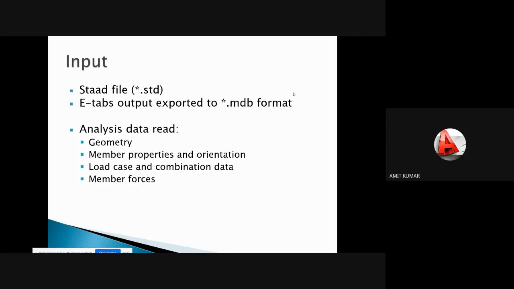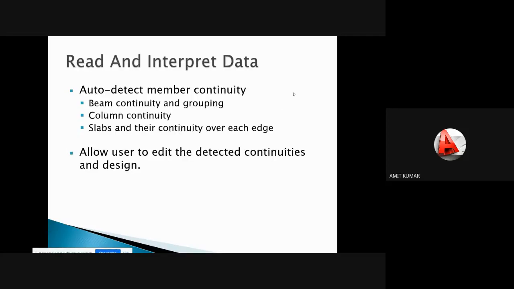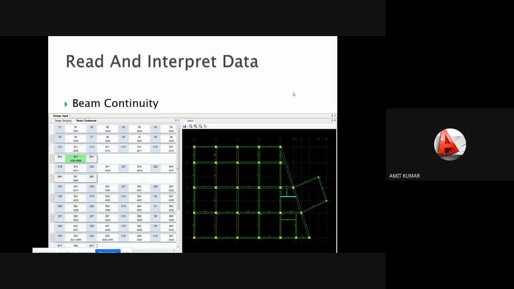The geometry means the position of the beams and columns, and the properties which you provide through the defined method, or thickness method, or section database method. After that it will get the load details, and the combination and forces details will come from the post processing. Everything it will read from the input file, and after that it will create groups of this data according to the beam continuity and column continuity. Okay, and you will see this data like this. It will show you the image layout file like this.